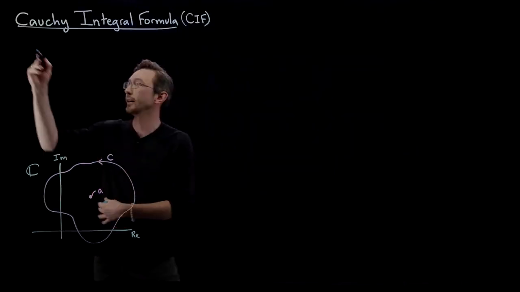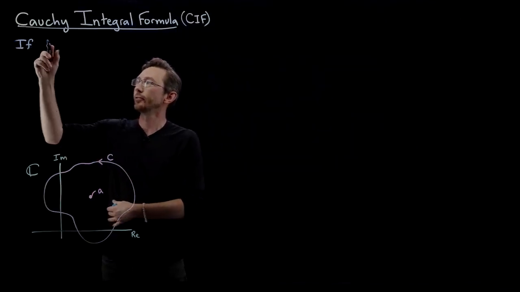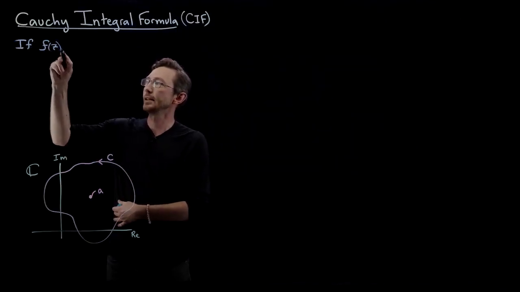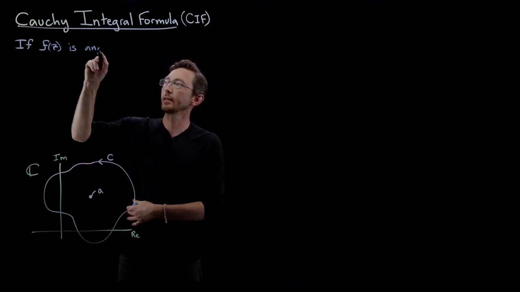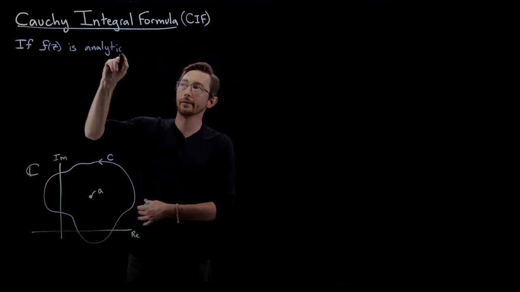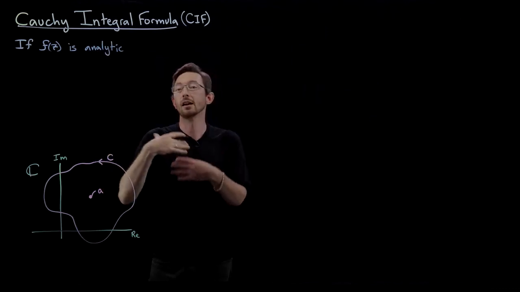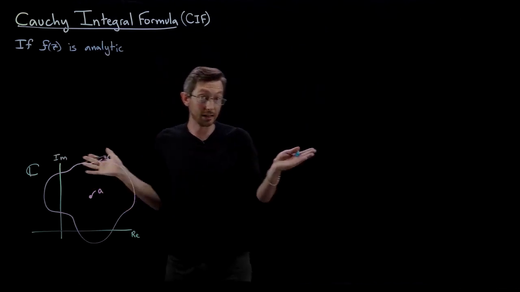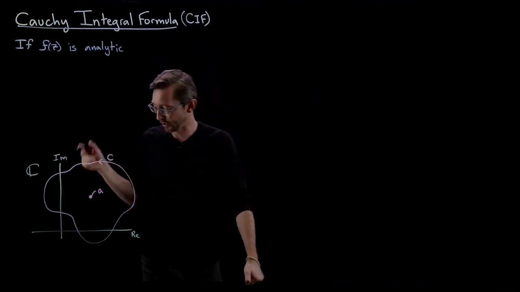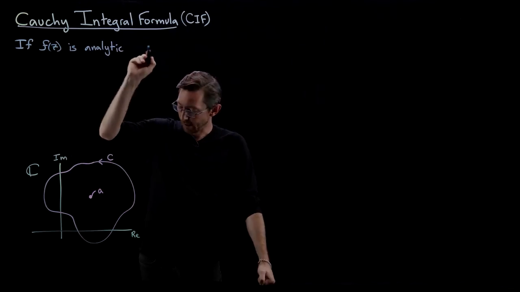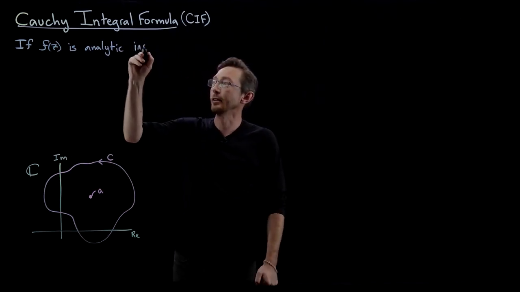z. So if f of z is analytic, we know what analytic functions are. We can do derivatives. They have convergent Taylor series. They're well-behaved functions. If it's analytic, inside and on